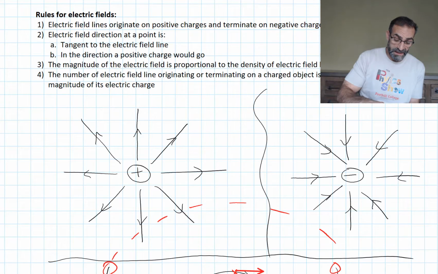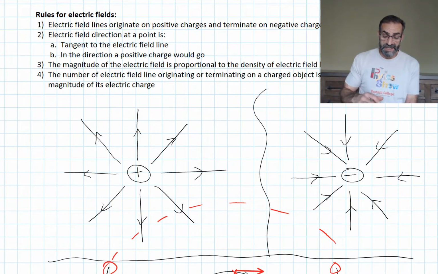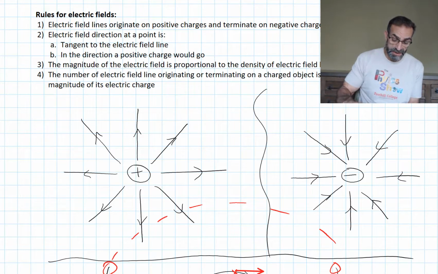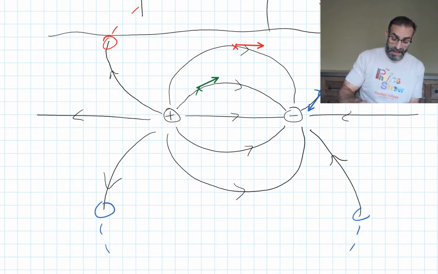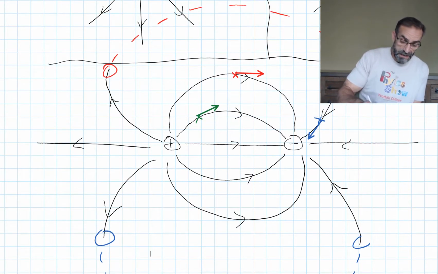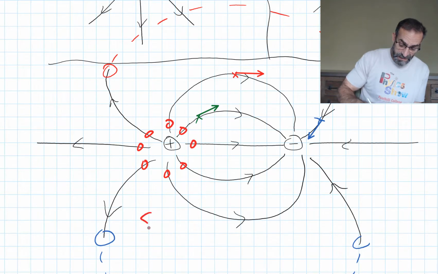And the last thing, the number of electric field lines originating or terminating on a charge is proportional to the charge. So here I have a negative and a positive, two charges. And let's count the field lines. I've got 1, 2, 3, 4, 5, 6, 7, 8. I have 8 lines